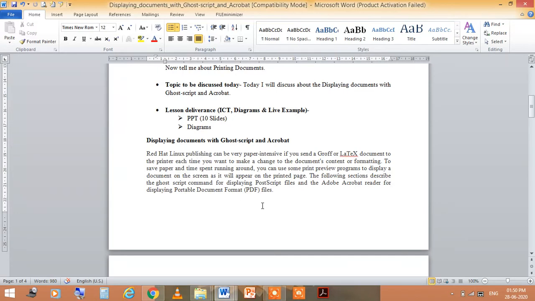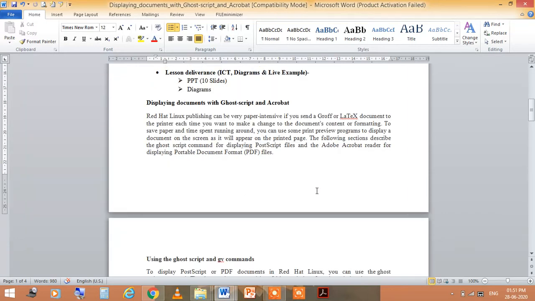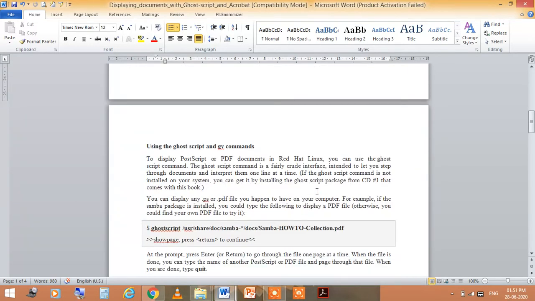The following section describes the Ghost script command for displaying PostScript files, and Adobe Acrobat Reader for displaying Portable Document Format files, using the Ghost script and gv commands. To display PostScript or PDF documents in Red Hat Linux, you can use the Ghost script command.